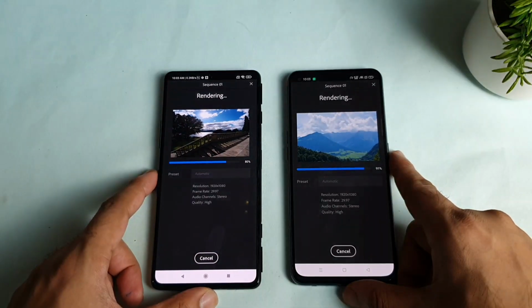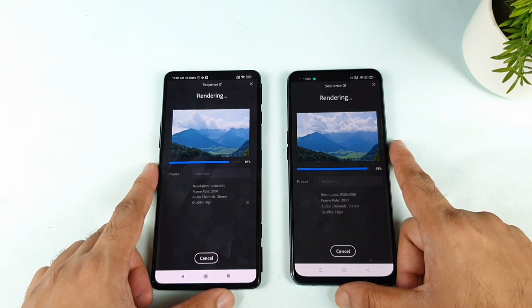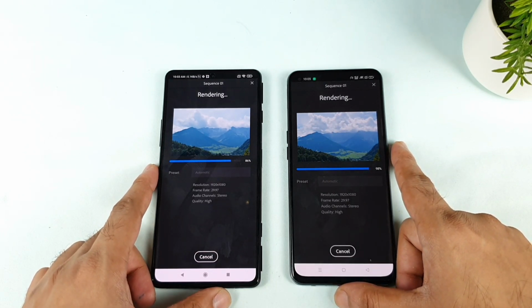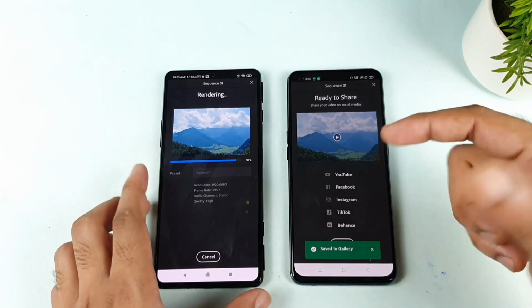That's it friends, thank you for watching this video, and this is quick information which I'm giving you. In case you're planning to use any rendering option in the Realme X1 Max, try to use it with high performance mode. You'll get better results. It's finished and there is a 10% difference.